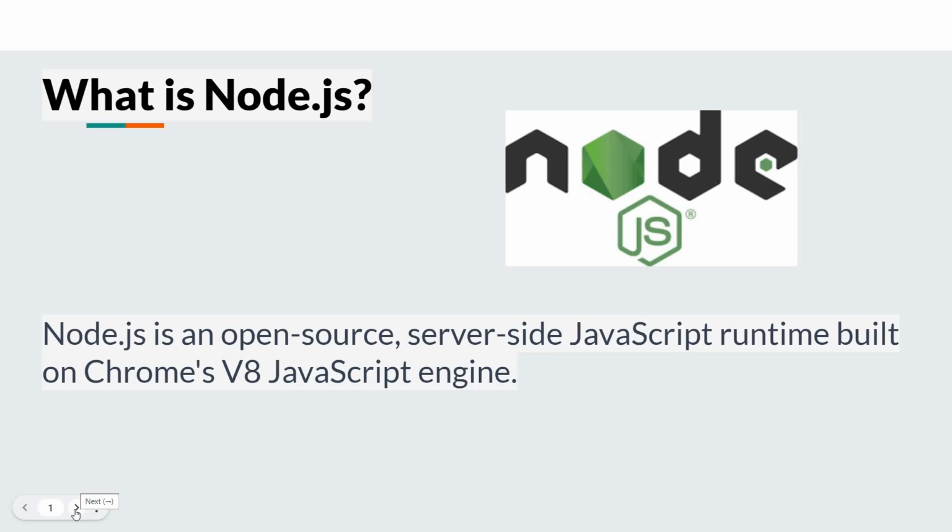So let's get started. What is Node.js? Node.js is an open-source server-side JavaScript runtime built on Chrome's V8 engine. So what do I mean by this? This means JavaScript running outside of a browser. Isn't that amazing, guys? Just like Python, Java, Ruby, we are able to execute native JavaScript code outside of